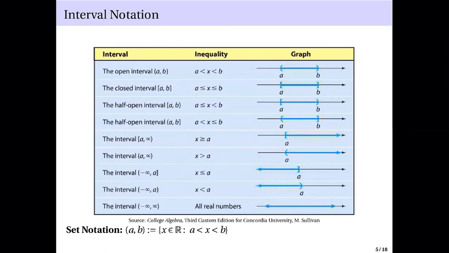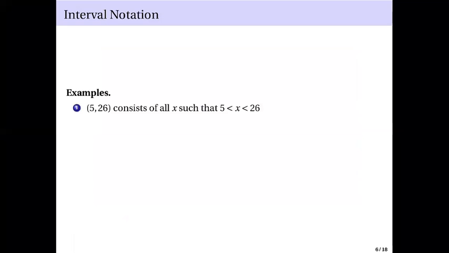So let us look at some specific examples here. You have open parentheses 5 comma 26 close parenthesis. So this consists of all real numbers x such that x is greater than 5 but less than 26. Okay? So if we write this graphically,